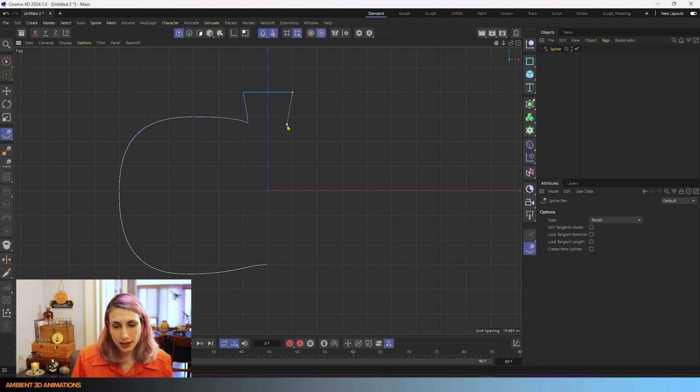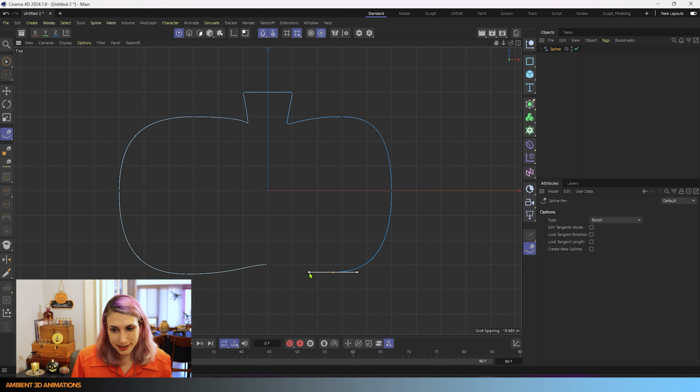So I'll click here holding down Shift, because this one I want to actually have a little bit of curvature to it. And then I can go ahead and click and drag here so that this one is a nice tangent, and I want this to be pretty symmetrical. It doesn't have to be perfectly symmetrical because how many cookies are actually perfectly symmetrical? So I'll go ahead and create another tangent right there, and we're starting to get somewhere here.